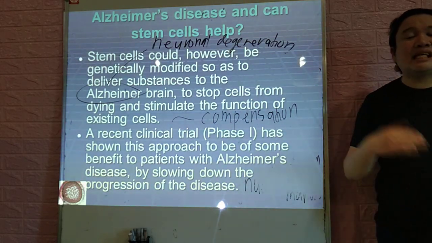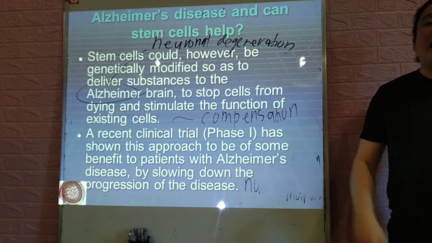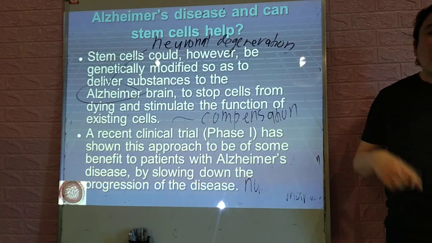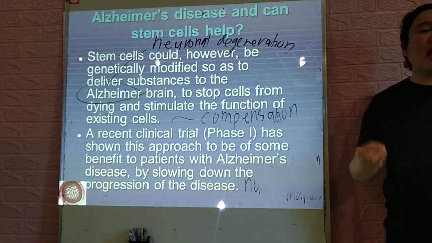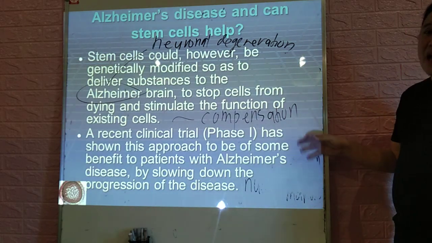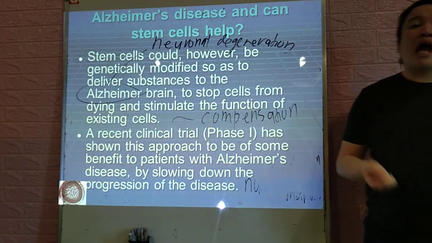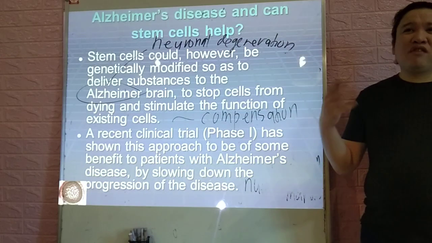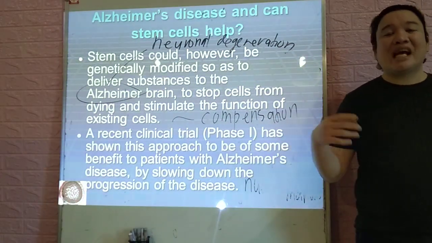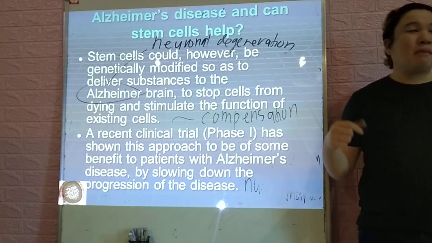So in this case, guys, this can be slowed down, and that person still has a way to communicate with his family, and of course, has a way to remember things, and reminisce about things that are very important to his or her life. That's why if I will be asked someday, I would like to die, let's say, at an age of 65 to 70, it's okay with me as long as I still have this functioning brain power,